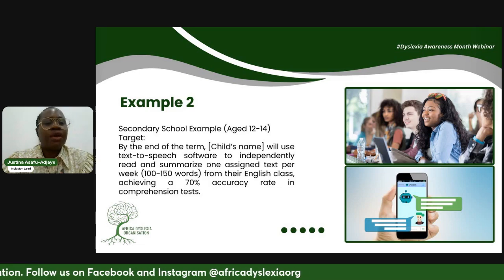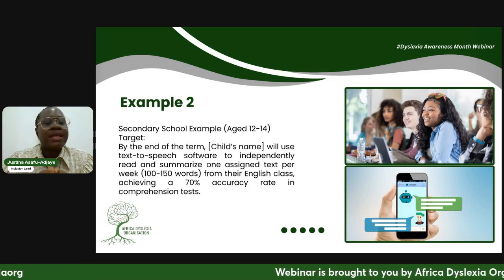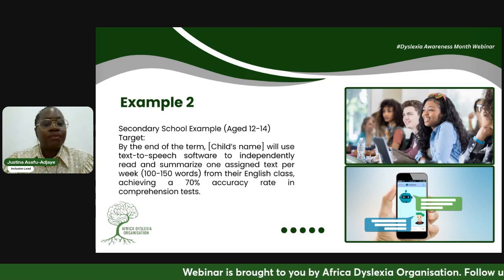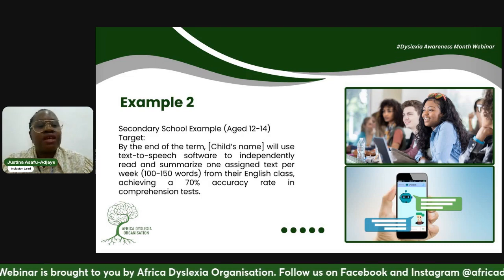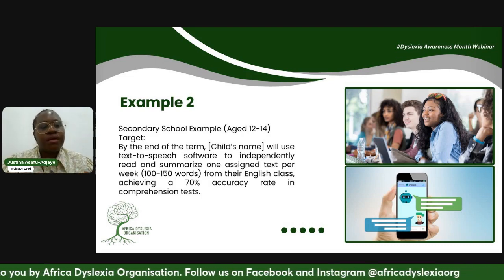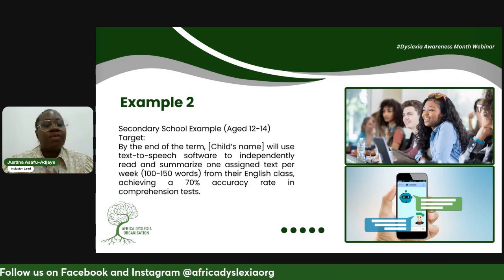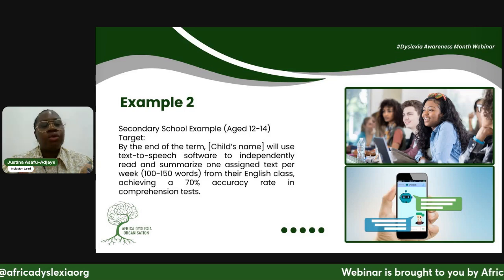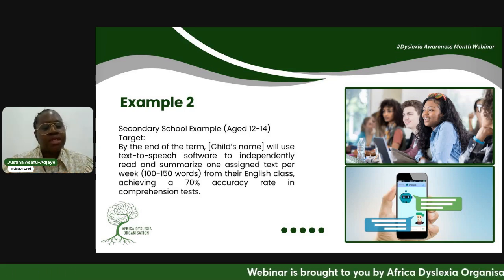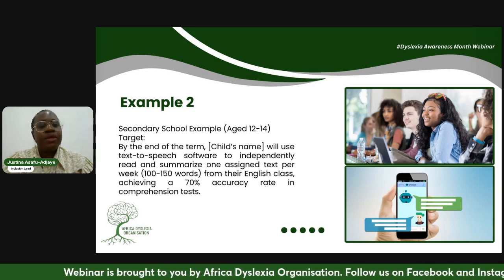So you will have a piece of text that they will be able to listen to independently, read, and they'll be able to summarize what they have heard and what they have read, and they'll be able to write it out in about 100 to 150 words within their English class or on the back of their English class. And when you look at the comprehension test, they will be getting at least 70% correct,